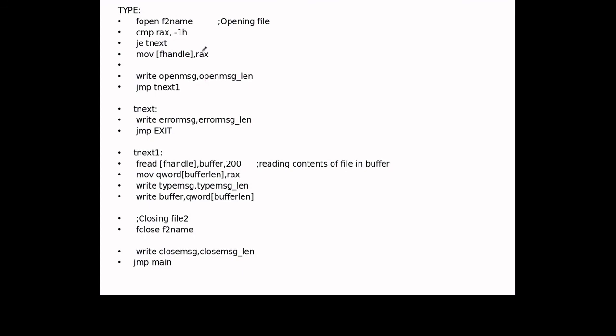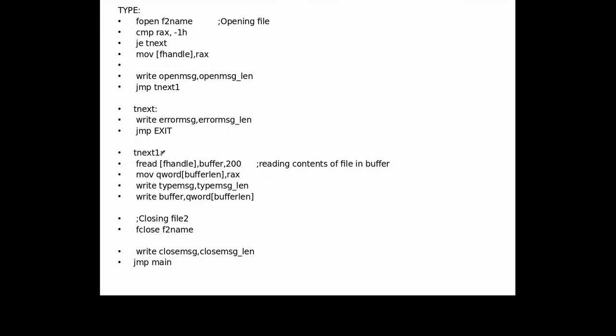Otherwise take the file handle from RAX to our buffer f handle. So this f handle will be required for the next operation that we are reading. Then, as there is no error, consider that there is no error, so go to this label.